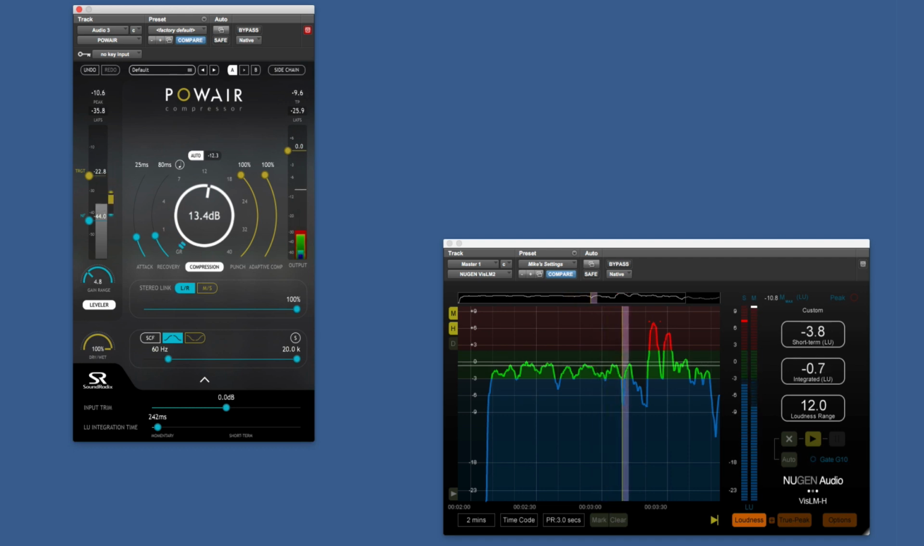The new look at detection and reduction works really well and gives us adaptive and punch options as well. So thanks to Sound Radix for such a